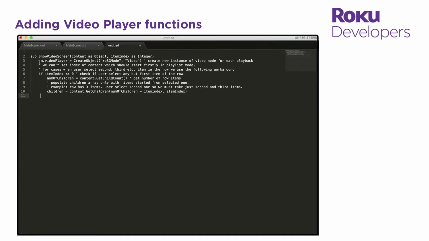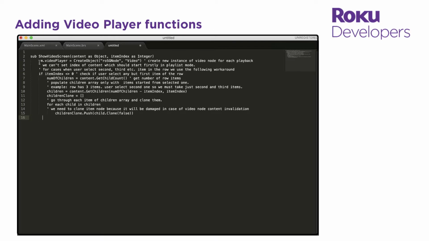Now let's create an array named childrenClone, and we'll use this in the next step. Let's use a for loop to iterate through the child nodes for the videos in the children variable, and then store a copy of them in the children array. We need to do this to protect our application in case the video node invalidates our content. We'll use the content node's clone method to copy the videos and then add them to the end of the